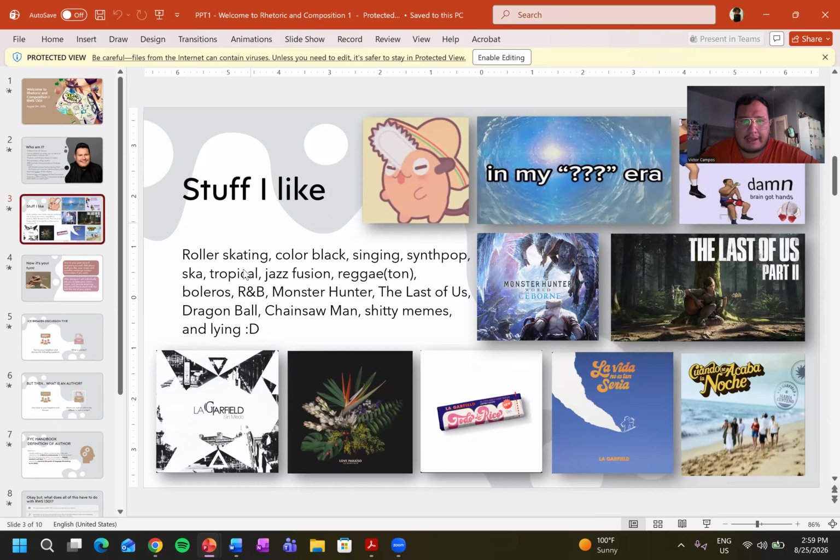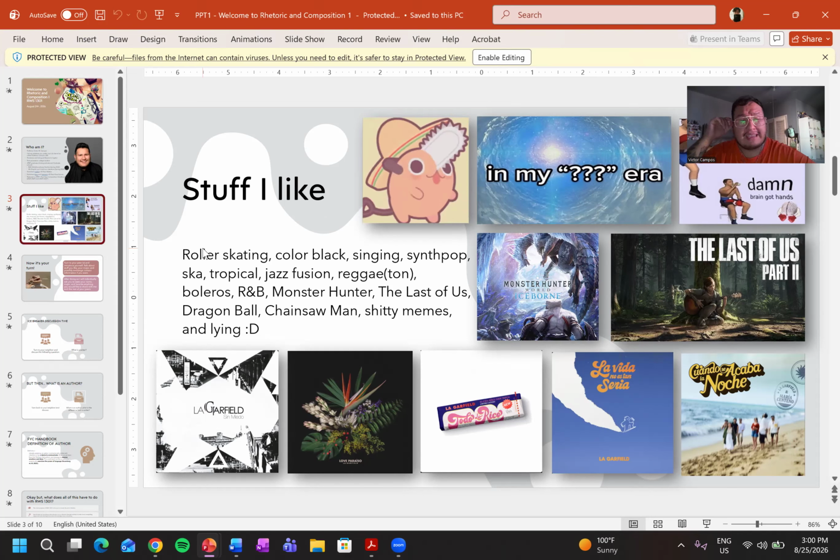And this is what I like. I've been a roller skater since like 6 or 7. God damn it. I haven't done it in a while, but I really, really enjoy it. Yeah, I also love the color black. And you're probably gonna see my attire after this, being just pure black. But I also sing. I love singing, and I love a lot of